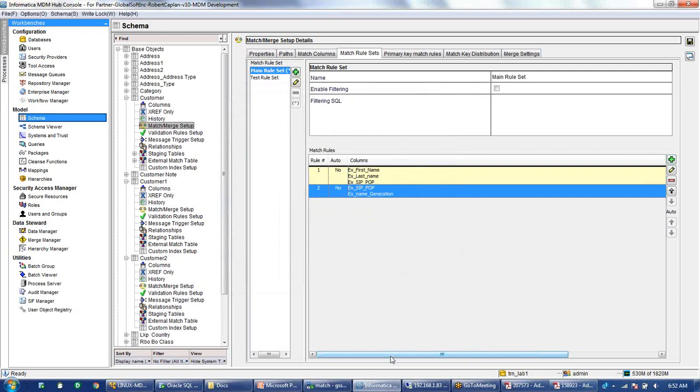If it is a single population, then we don't have to bother about it. But if we are dealing with multiple populations, in this case we need to create this SIP pop column and load the data into your base object. Then create an exact match column, and whatever rules you have created, in all the rules you need to add this as an exact column, SIP pop, so that while matching the data based on the column value, it knows that if it is US, it has to apply the US population. If it is India, it has to apply the Indian population file.